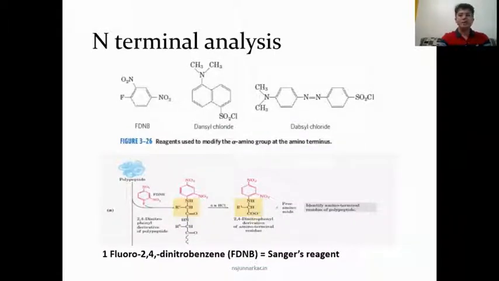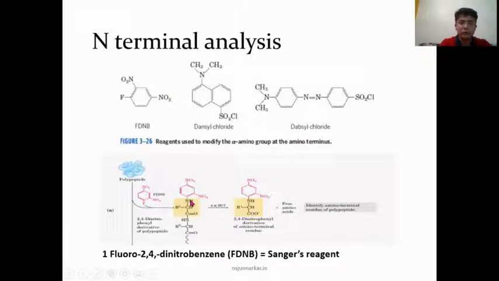N-terminal amino acid analysis can be done with the help of reagents such as FDNB, dansyl chloride, dabsyl chloride. These reagents bind to the amino terminal or free amino group of the N-terminal amino acid. So here, 1-fluoro-2,4-dinitrobenzene is called FDNB. It is also called Sanger's reagent. When the peptide is allowed to react with FDNB,